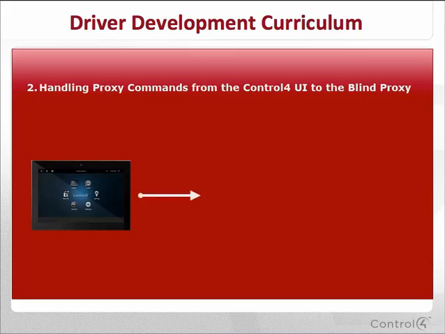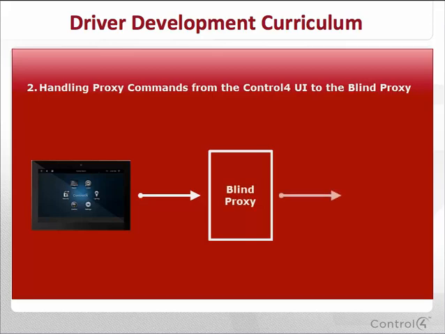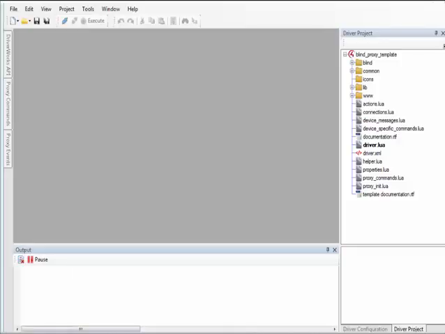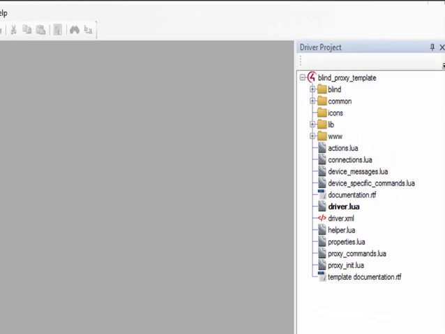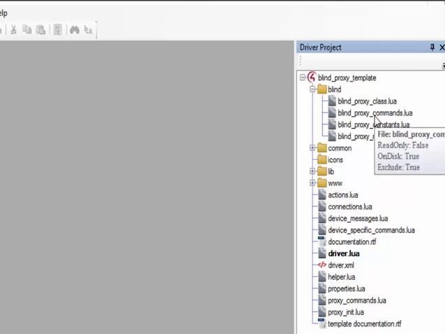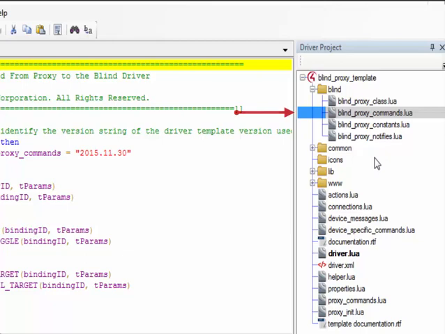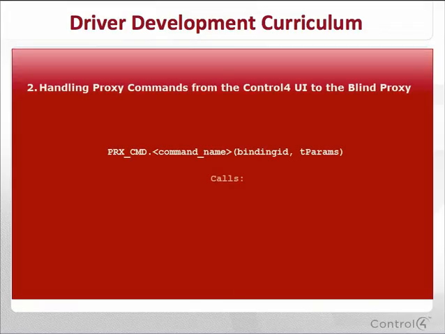When a message is initiated, it first calls Control4's blind proxy. The proxy then calls into the Control4 API ReceivedFromProxy, which, in turn, calls into the blind proxy commands.lua file using the PRX_CMD command table structure. Blind proxy commands.lua is a template file that receives the command from the blind proxy and handles it for you, the driver developer, by modifying its format as well as its parameters. For example,